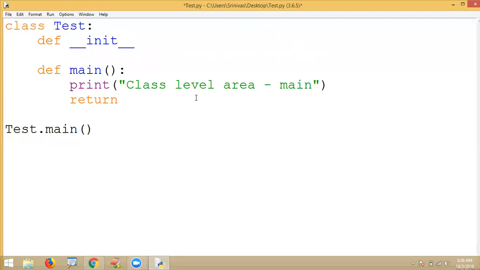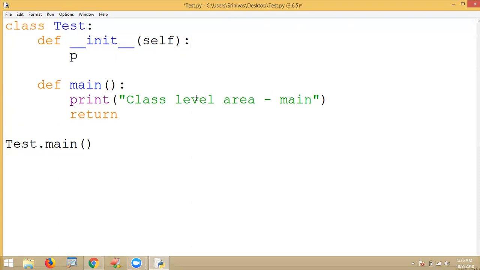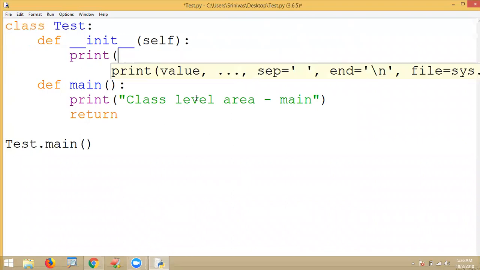Whenever we define any method using that self variable as a first argument, that comes under object level. Here just print, this is object level area. That is what constructor